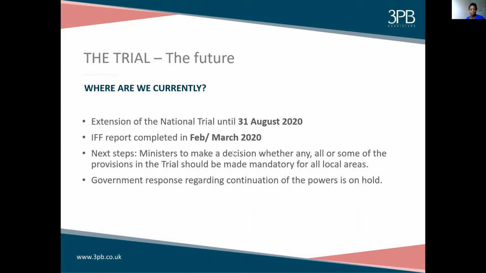But that was an independent evaluation of the trial, in order for the government to make a decision on whether the tribunal recommendation powers in terms of social care and health should be continued after the trial ends. That research has included interviews with stakeholders and case study visits. I think 12 areas were visited